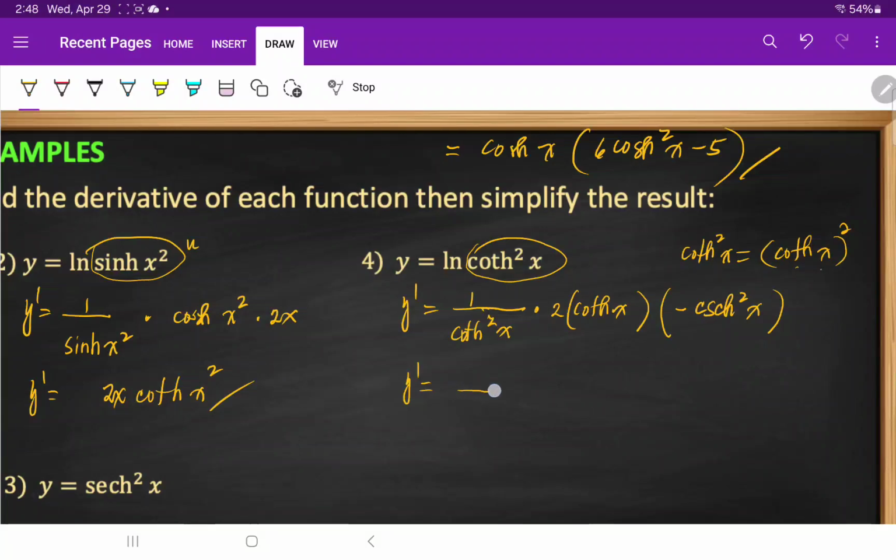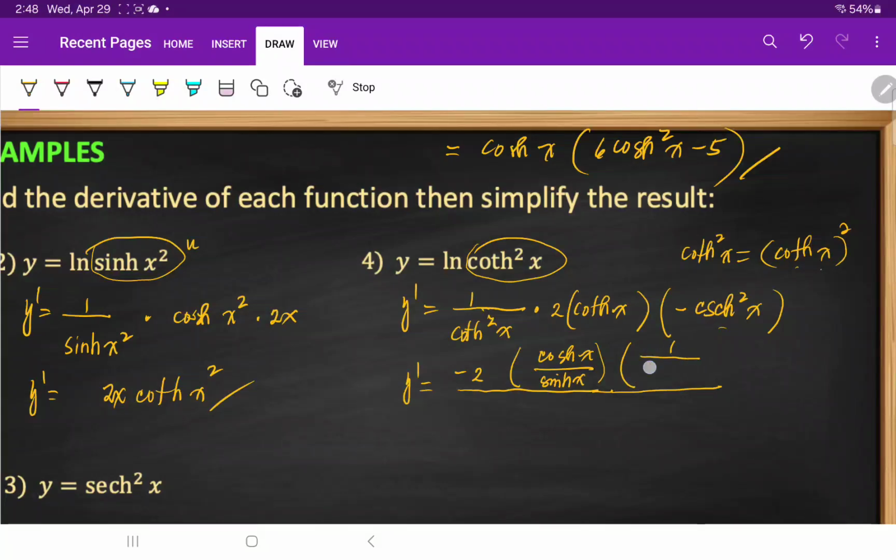So this is now 2, the numerator is 2, hyperbolic cotangent is hyperbolic cosine over hyperbolic sine. And then in the denominator, you also have hyperbolic cotangent. Now, we multiply by negative because of this one. And then, hyperbolic cosecant square